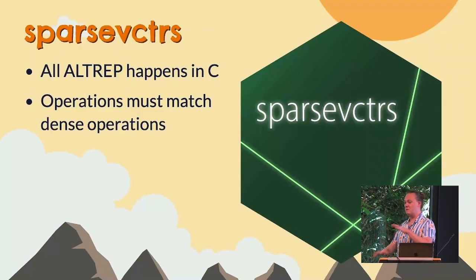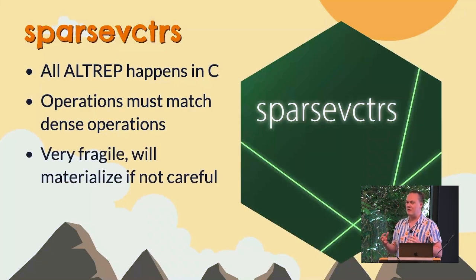Everything has to match up completely with what happened before. That's the promise you're given when you are using AltRep. And then they're very fragile. If anything happens, it materializes a normal vector, and it becomes non-sparse then. So we also want to avoid ever doing something to these sparse vectors that isn't supported,